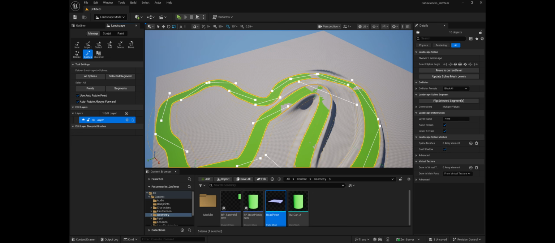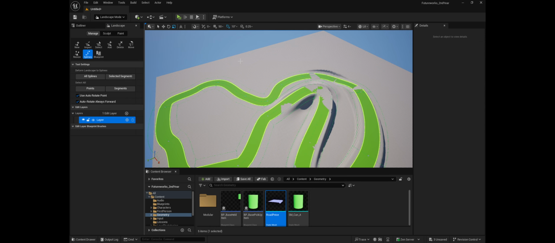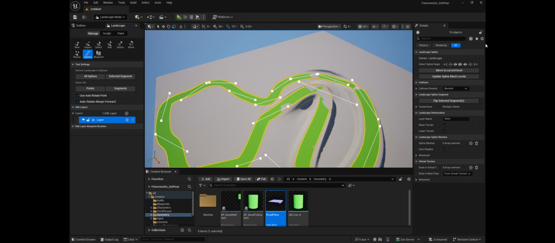Excuse me a minute. There we go. So what I've had to do is basically click off the actual segment itself. It's still active, and if I select all segments, then I get what I want here. This is what I want. I don't know if I'm doing anything wrong, or it's kind of a bug with this